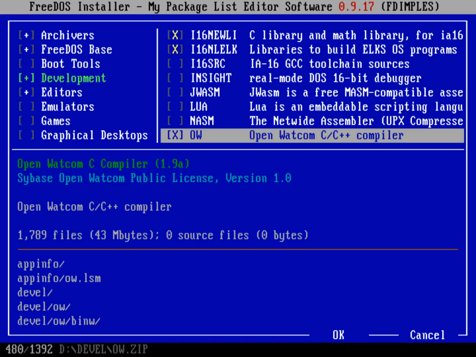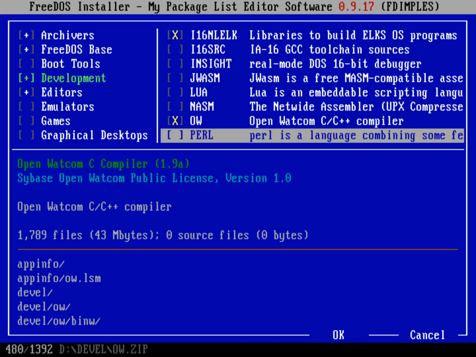That one's going to be, I'll say, a little noisy. It generates a lot of text on the screen while it's compiling that isn't necessarily an error. And so I'll probably be using the IA16 version of GCC just because anything that it prints to the screen is going to be probably an error or a warning. It might be a little hard to spot that in OpenWatcom. But OpenWatcom is a great one to use. We might actually use that even for a couple of the programming examples that we use.